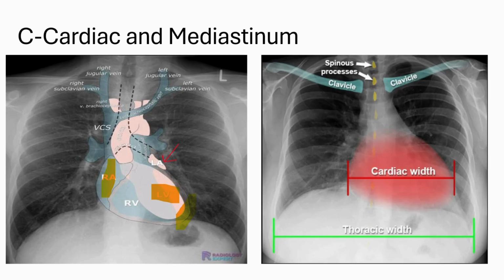pulmonary arteries enter the lung via the hilum. So it is important to look at the pulmonary artery, whereas the descending pulmonary artery is measured in case of suspected pulmonary hypertension, which is less than 16 mm in male and 15 mm in female. And the descending artery is visualized in 94% on the right side and 62% on the left side. So this should be considered in cardia and mediastinum.